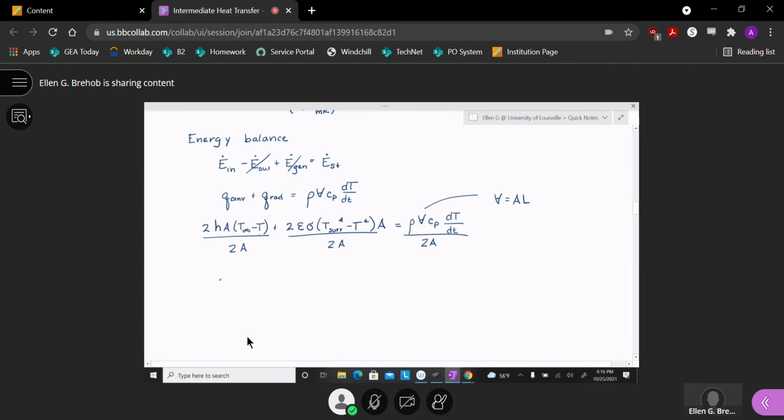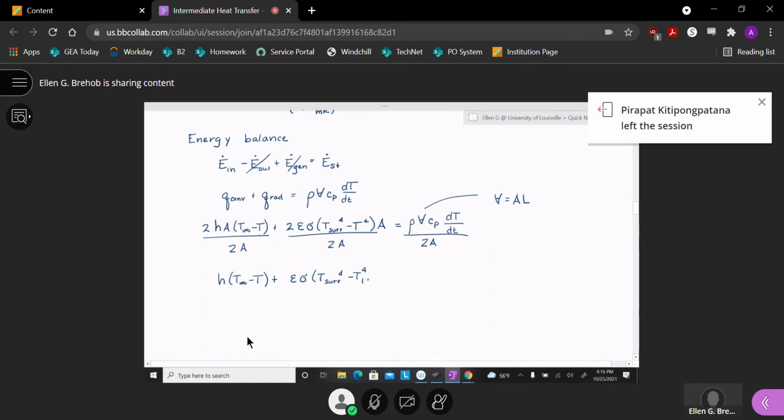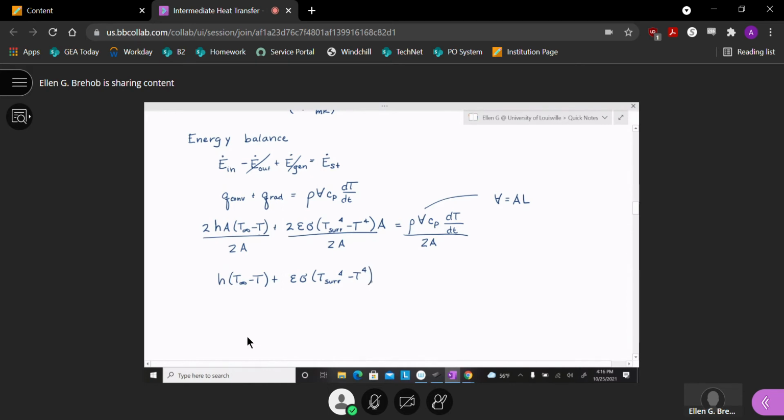So if I revise this, I'm going to have h times (T infinity minus T) plus emissivity sigma times (T surroundings to the fourth minus T to the fourth), equals rho L over 2 C sub P, how temperature changes with time. Okay, so this is the equation